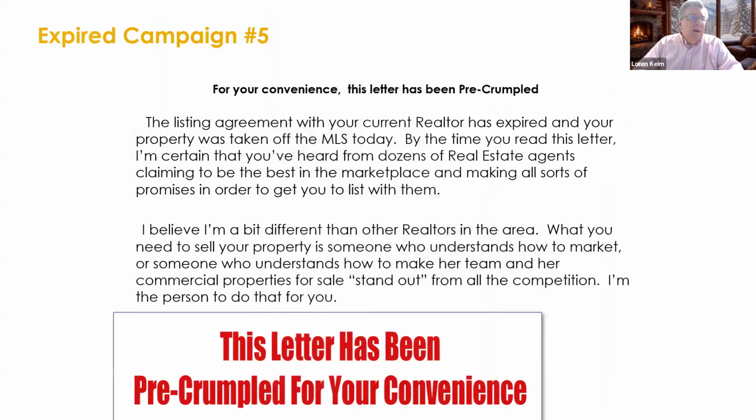Fifth one, this is one that I used for a little while that worked. That was fun. We would print up letters, and the top third of it, again, the headline is the most important part of this. Top third of it said, "This letter has been pre-crumpled for your convenience." And underneath it would say, "The listing agreement with your current realtor is expired and your property was taken off the market today." By the time you read this letter, I'm certain you've heard from dozens of real estate agents